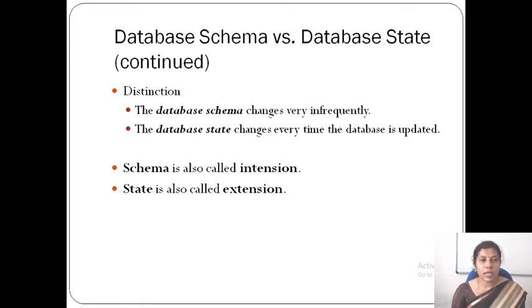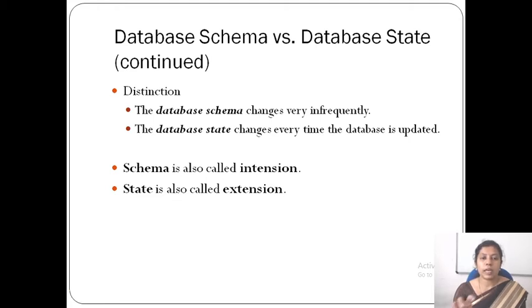But database state means whenever you do some operations on the database, it will change. For example, you are inserting some values and the very next moment the state has changed. Initially you have 5 records and you have added one more, then at the next moment the state is different because it is having 6 records. And if you delete one of them, again it will change. Or if you modify some content in that, then again it will change.